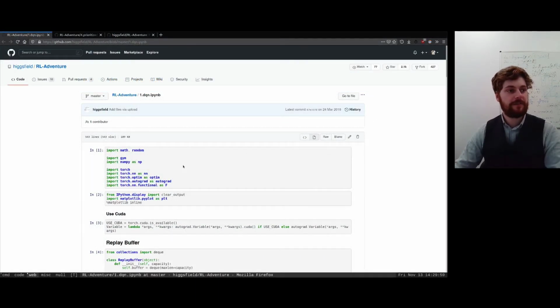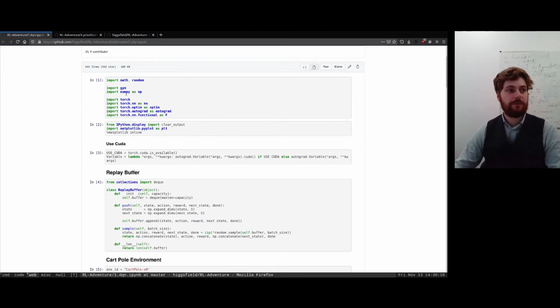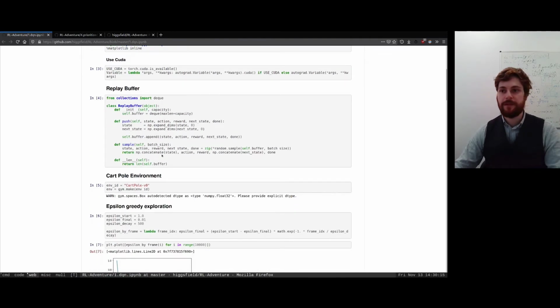Okay, so we're just going to have a look at some code which does this. And this code is a deep Q-learning network, which is very similar to what you've got as the starter code in your Atari coursework. And basically we just import Torch and we import the gym environment. But the first thing we do is we define this replay buffer. And the replay buffer just takes our experiences that we sample from the environment. So every time you're playing a game or training the agent, we're just going to take that experience of the state, the action we took, the reward we got under that action, and the next state that we transition to. And we're going to just push that all into some buffer as well as this terminating condition,